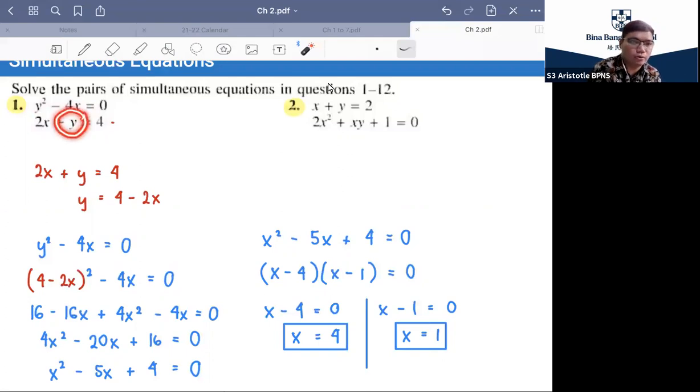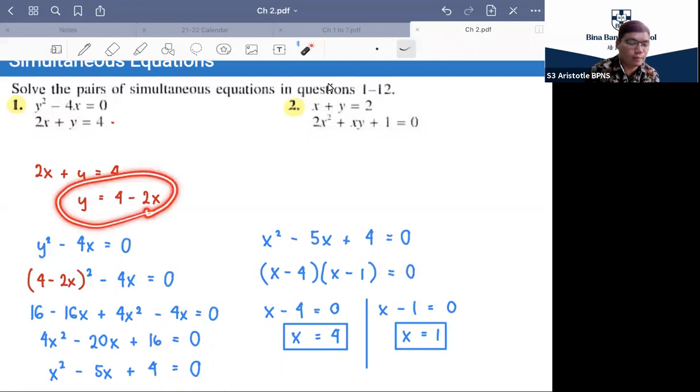So always look for the variable without any coefficient, I mean without any number, only y, something like this, right? And then next, you need to make y the subject of the equation. So basically, move everything to the other side except y. And then what's next? Once you have expressed this in terms of x, or made y the subject,